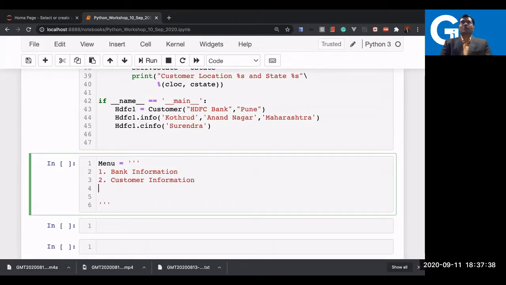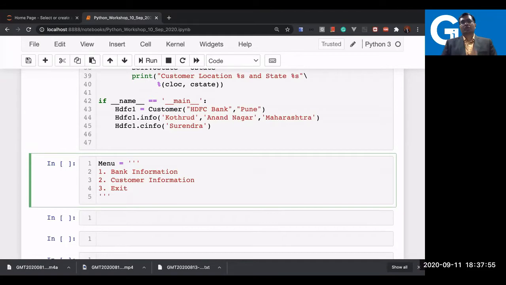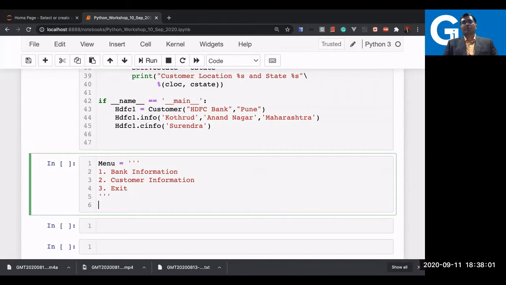And like that, you'd like to do something else, like let's say you would like to add some data into it, or let's say you want to create the current account, saving account, or something else. You'd like to exit. I'm just adding three menu items here. Let's say exit, you can say three. So I'm just adding a small piece of code so that you can also try it out. Now this menu I will call in the menu driven program here.